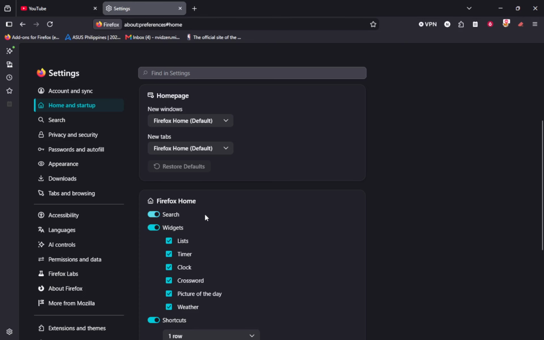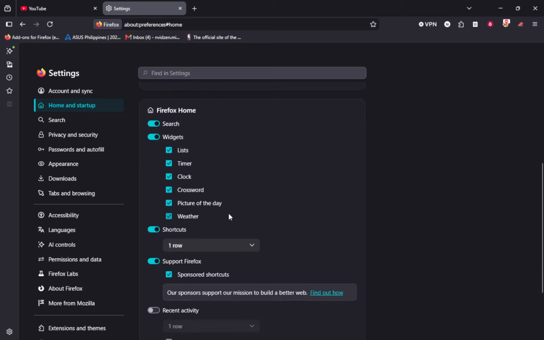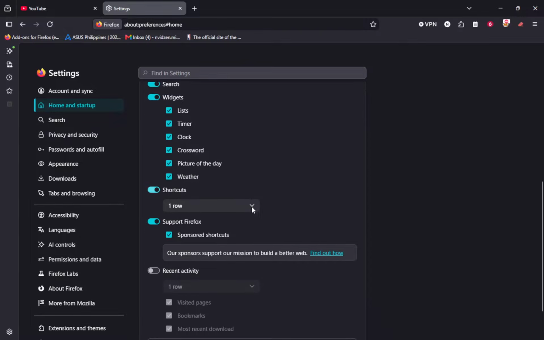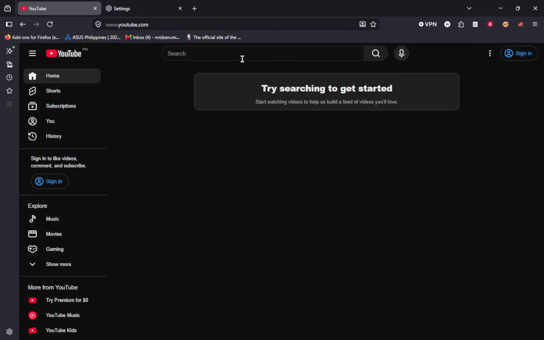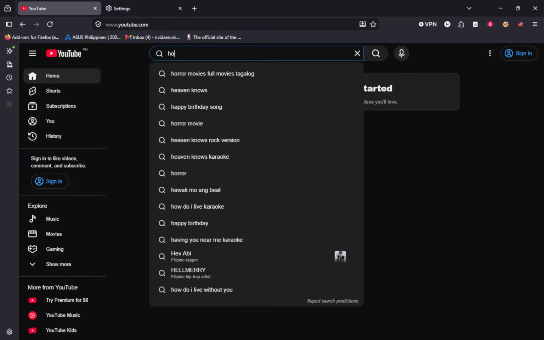Many people do not realize that the shortcuts you see on the Firefox homepage update automatically based on the sites you visit most, so by visiting YouTube often, it is more likely to appear there as a quick shortcut. You have now opened YouTube in Firefox and seen how to reach the settings that control your Firefox homepage and